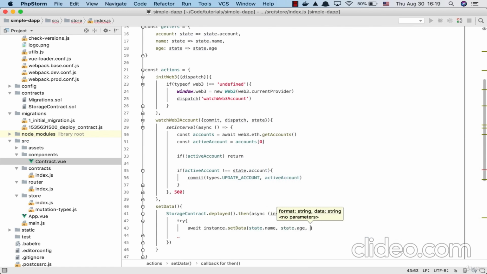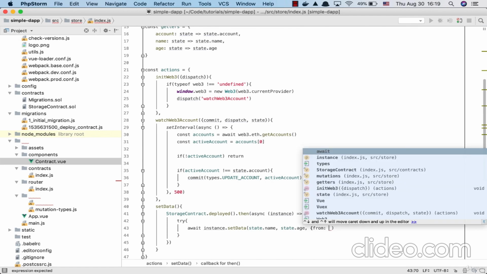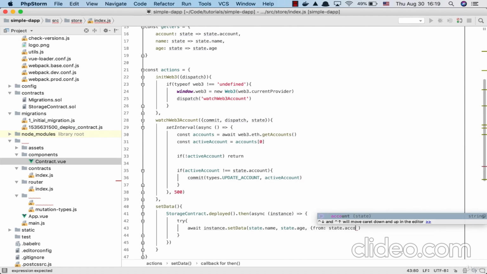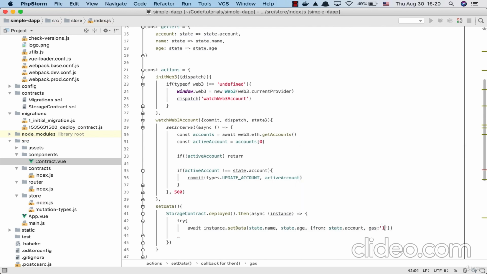And as the last argument, this instance on the contract basically accepts parameters. For example, the parameters can be which account sends the transaction, or the current gas that can be used. But right now I'm gonna just leave the from field